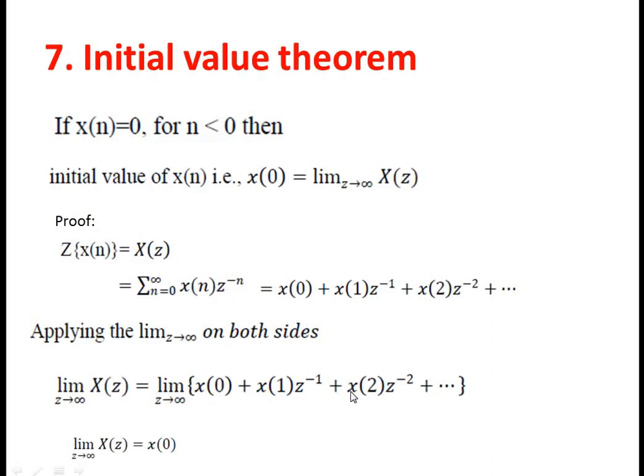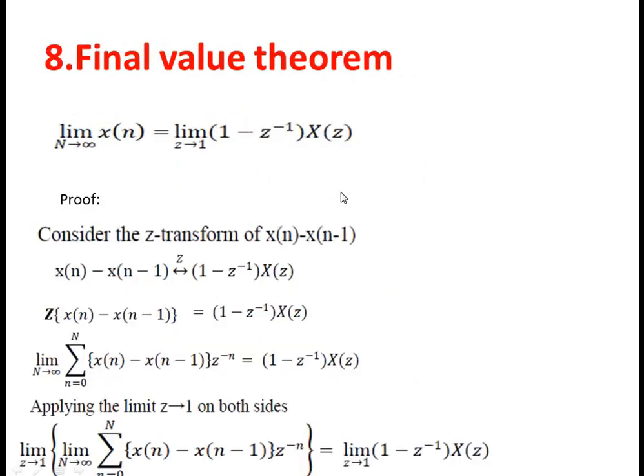Another important theorem is the initial value theorem. We are also aware of the initial and final value theorems. If you have the Z transform of a particular signal and you want to know the initial value or the final value of that discrete signal, you can use the initial value theorem. The initial value theorem gives x of 0. If you want the initial value x of 0, and we have X of z alone in hand, we have to take the limit as z tends to infinity. This is the initial value theorem.